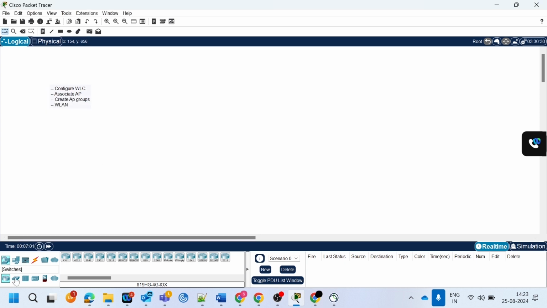So for the switch, I'm gonna take a 2960 and we need a couple of access points. So let us come to the wireless, and the wireless controller would be a 2504 and the lightweight access points, 1, 2, and a PC. And for the DHCP scope, I'm gonna take a DHCP server,